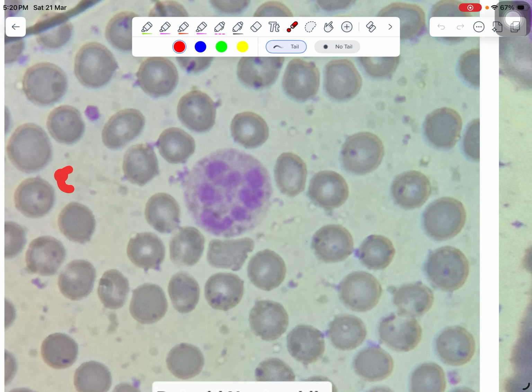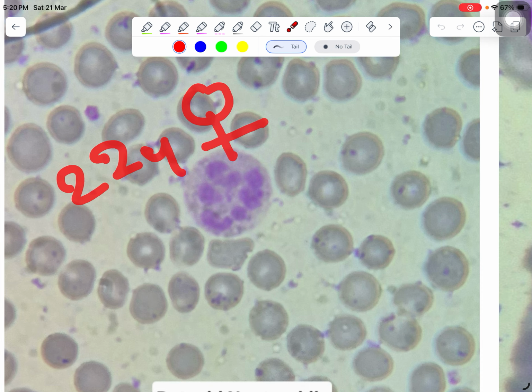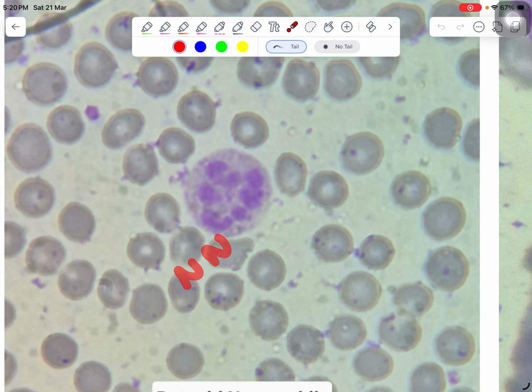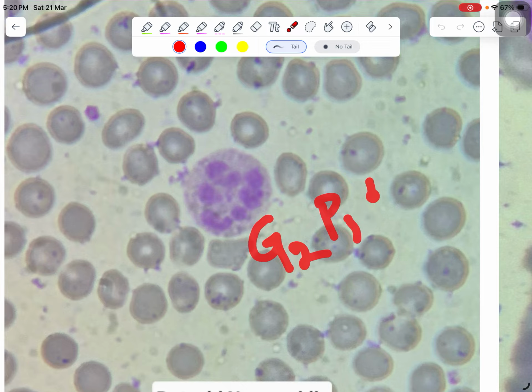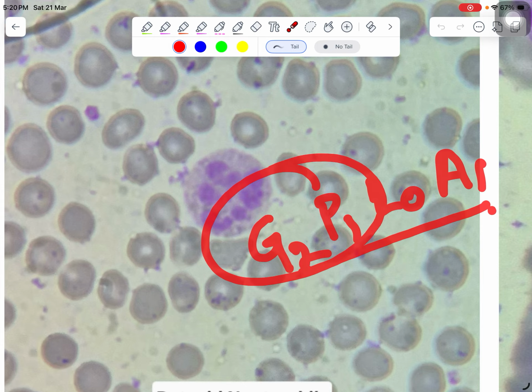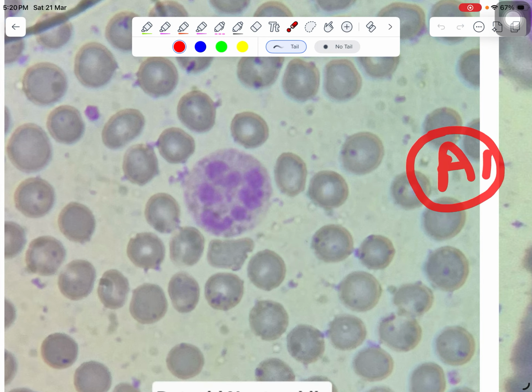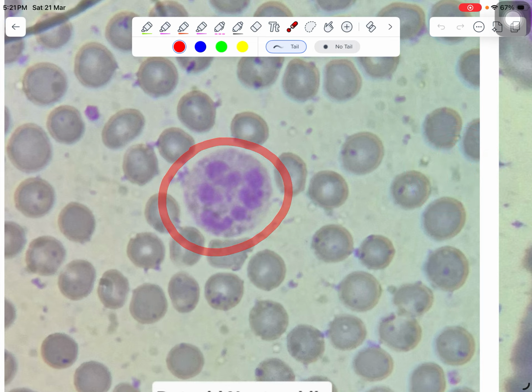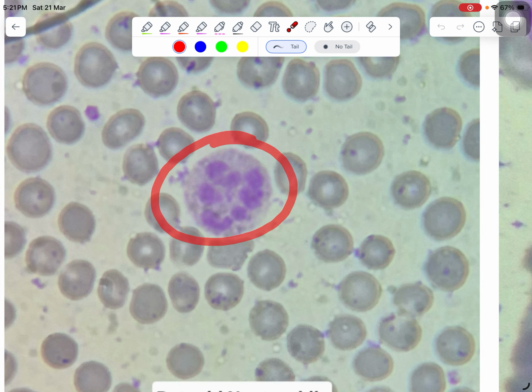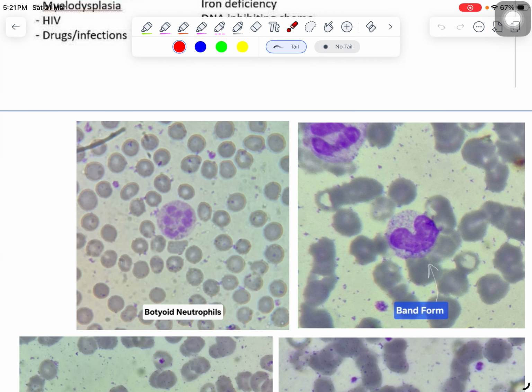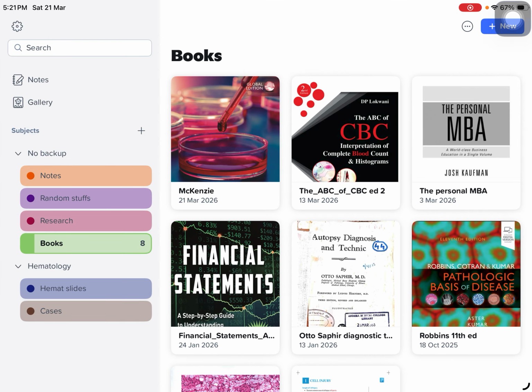This is in a 22-year female patient who is reported as a normocytic normochromic blood picture, as well as a neutrophilic leukocytosis. She is a pregnant lady who is G2P1L0A1. That means this is her first pregnancy, but in the last pregnancy an abortion happened. There are no other abnormalities in this patient. So as I am reading now this McKenzie,